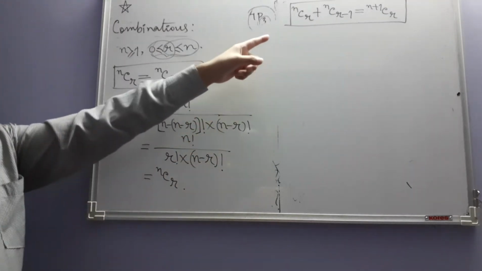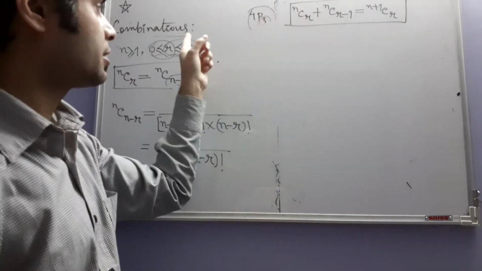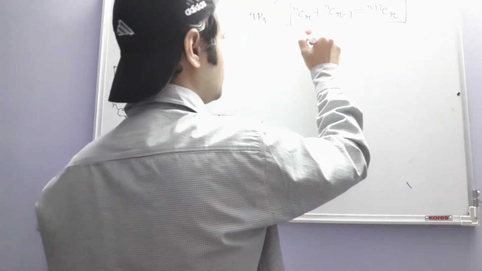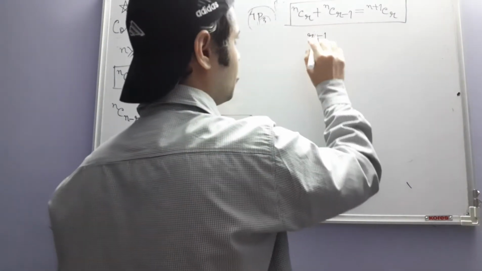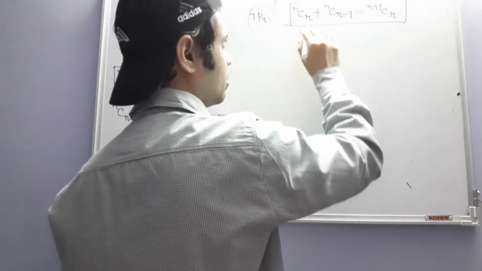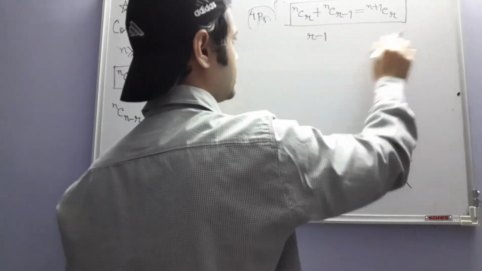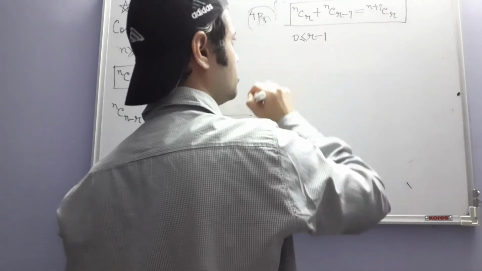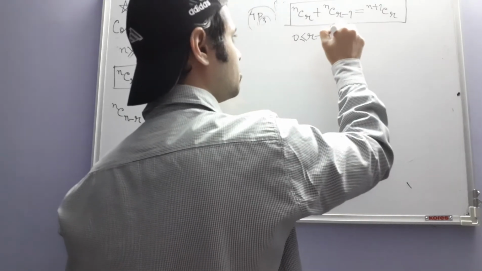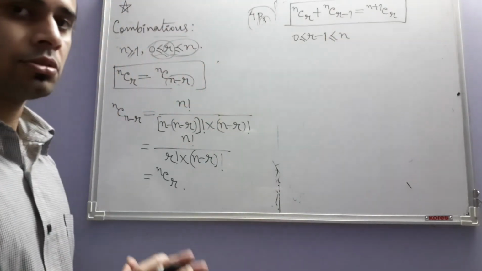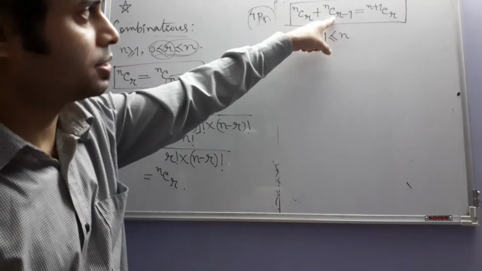The restrictions on r in this case are clear. R minus 1, since it is the smallest number appearing here below in the lowermost line, I mean the suffix, r minus 1 has to be greater than or equal to 0, and this has to be less than or equal to n. Okay, this condition should be satisfied. Then only this makes sense,